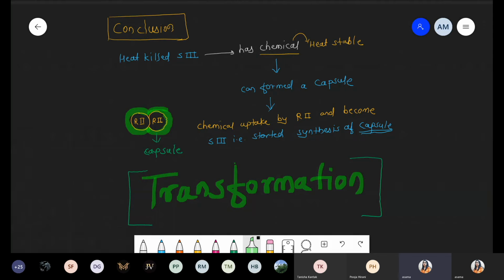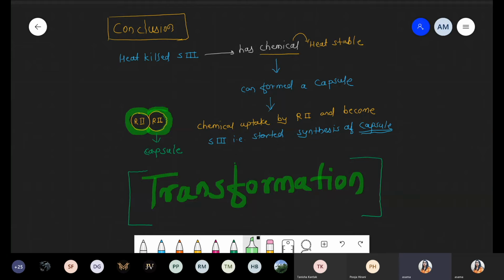I'm telling you, Griffith just explained the transformation. He doesn't know जो chemical transfer हो रहा है from smooth to rough, it is DNA. He doesn't know about that molecule. He just says something chemical is present and that chemical is responsible for synthesis of capsule. Got it? This point is clear, everyone? Please reply. Okay. Yeah, good. Chalo. So this was the first experiment, that is the Griffith experiment.